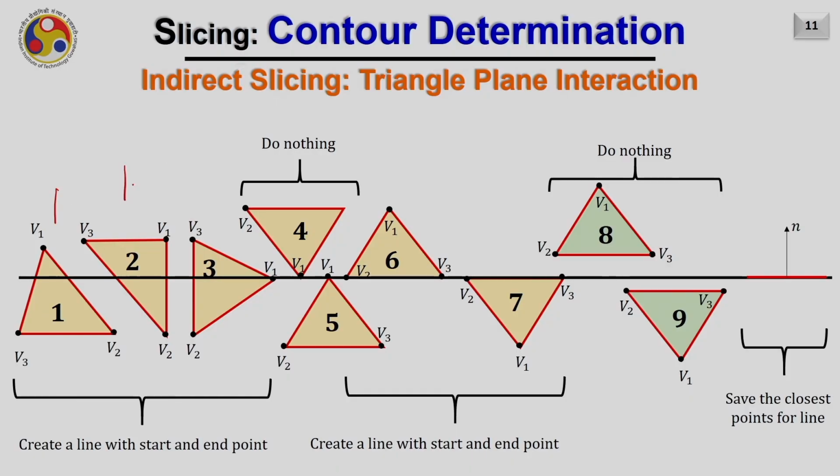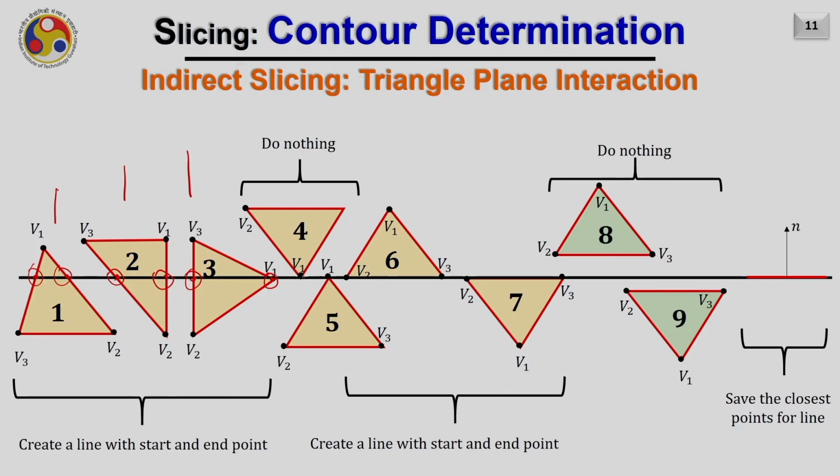through that. For cases 1, 2 and 3, where we have 2 intersection points for case 1, and 1 intersection point and 1 vertex for case 2, we can easily create a line connecting these 2 points, because here you have 2 points corresponding to each triangle. You just have to create a line, and you know how to write the equation of a line passing through 2 points.